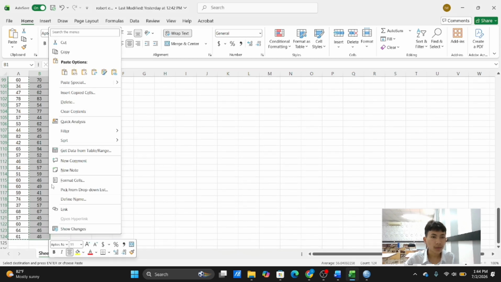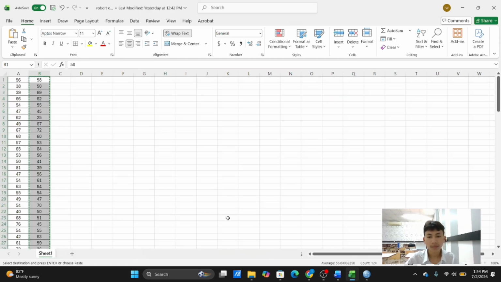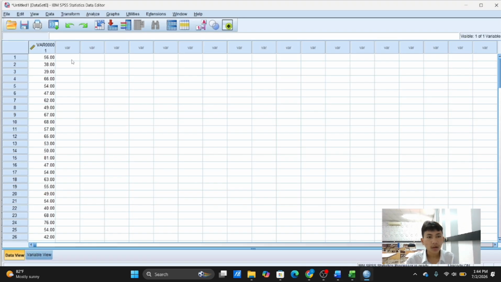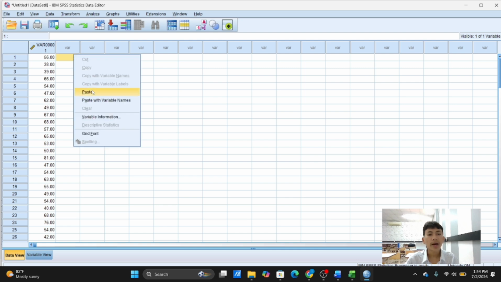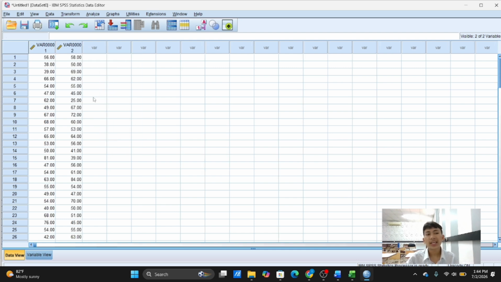Okay, copy, and we open SPSS again. Okay, after pasting the data, namely learning motivation and writing achievement, we click variable view at the bottom.